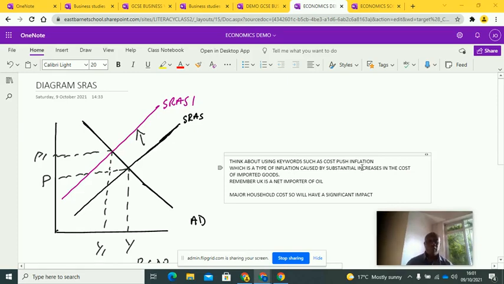And what is cost push inflation? It is the type of inflation that's caused by a substantial increase in the cost of imported goods. Remember, the UK is a net importer of oil. In other words, we import a lot more oil than we export. Scotland produces some oil and we export a little bit of that, but we import a